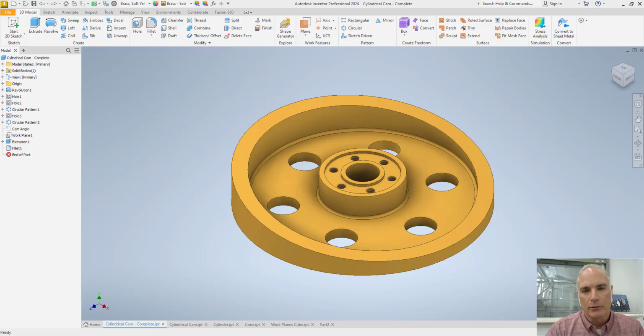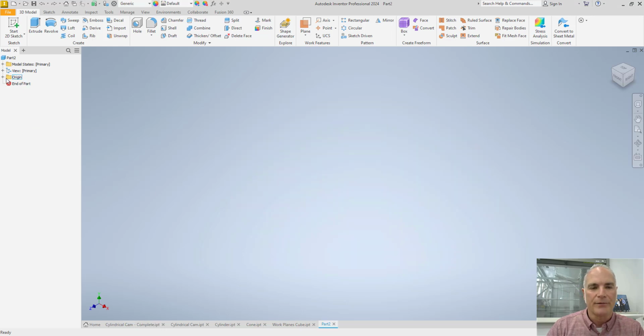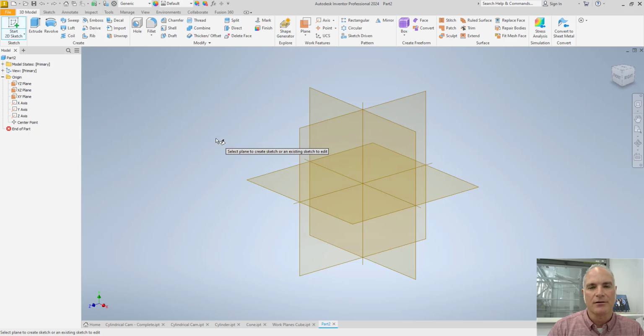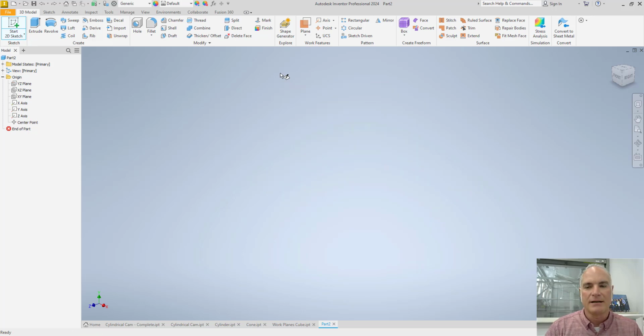Having the ability to create a work plane is fundamental to modeling using Autodesk Inventor. Let's look at this a little bit more. We all know that when I want to create a new part, we're going to start with a two-dimensional sketch, and you can start on any one of the origin planes. For example, I can start on the XY plane, the XZ plane, and the YZ plane. Okay, but if I want to start on another plane, I need to create a work